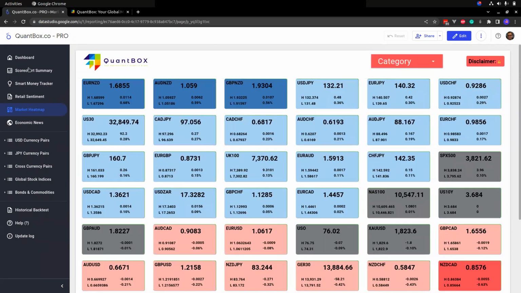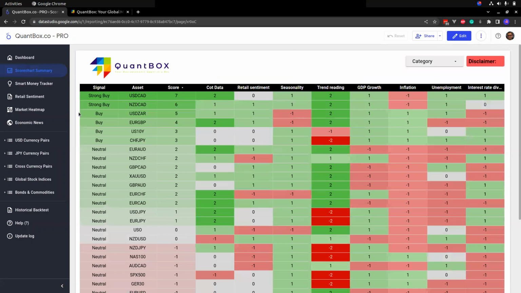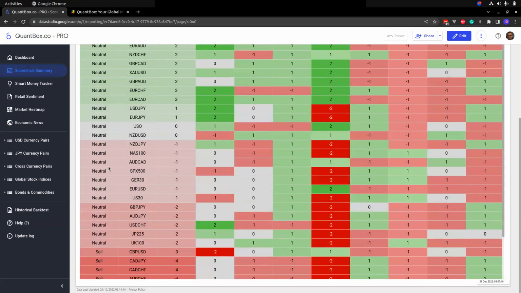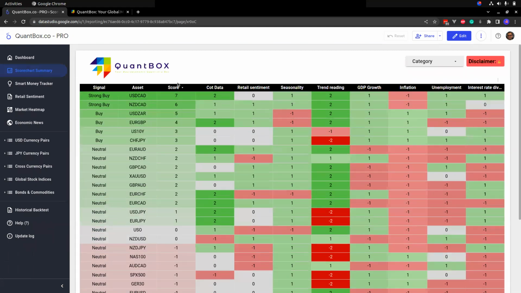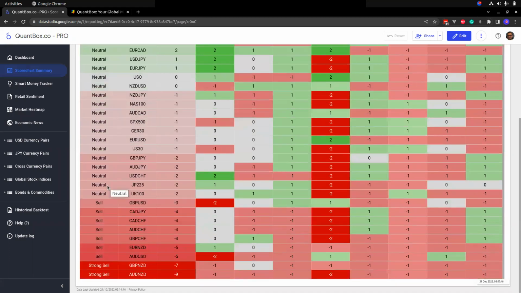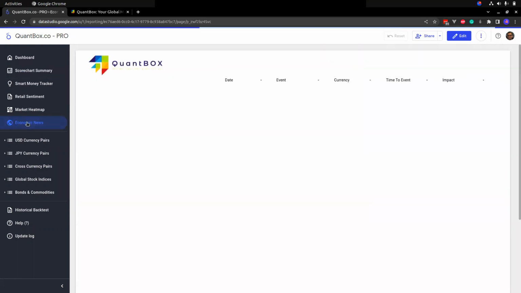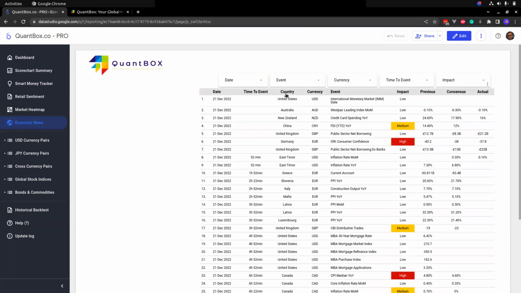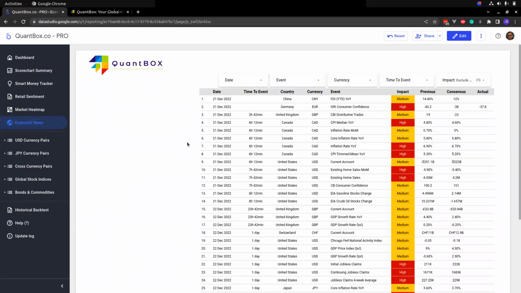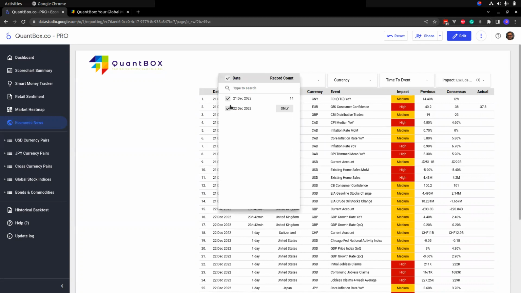Something else that's quite nice is the score chart summary, which shows you a spreadsheet of all the asset classes that Quant-in-a-Box covers with a score, as you can see here, and it then tells you whether it's bullish or neutral or bearish. In addition to that, there's also economic news, which gives you a breakdown of all the news that's up for the day. You can see here, if we just change the impact to medium and high, and then change the date to today,